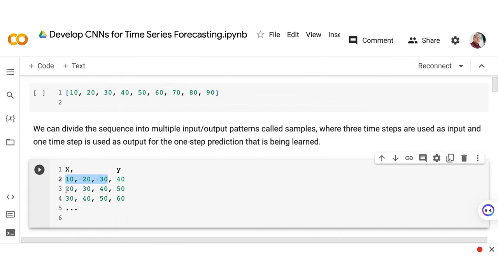Another sample has 20, 30, 40, and another sample has 30, 40, and 50, and so on. We're going to use these three time steps as input, and we will have one time step as our y. This will be our output for the one step prediction that we want to learn from the data set.